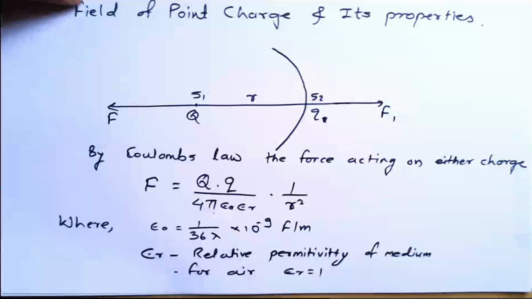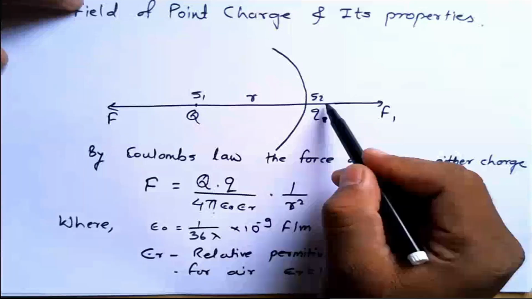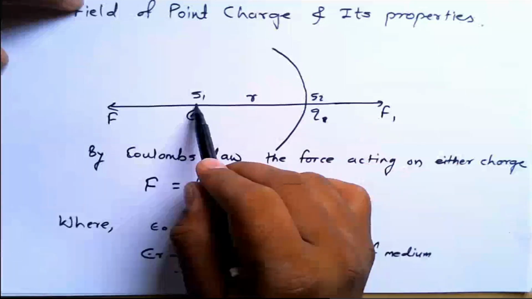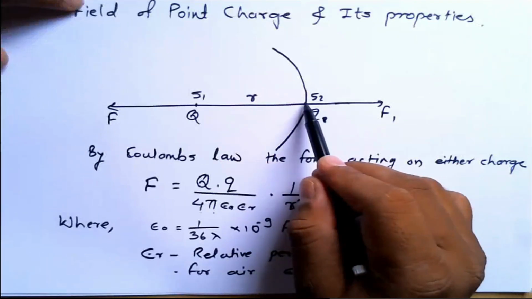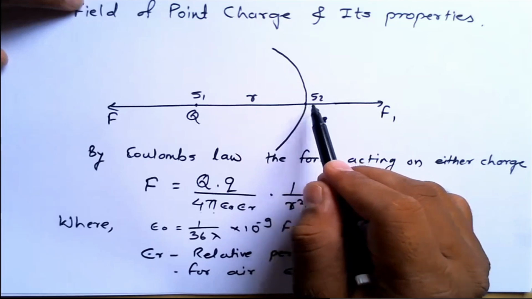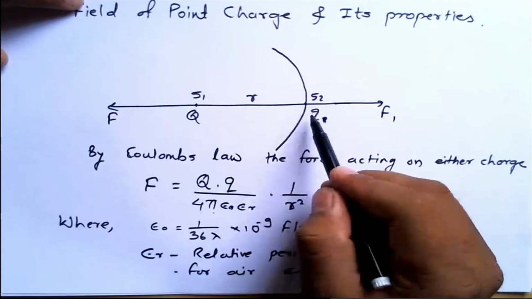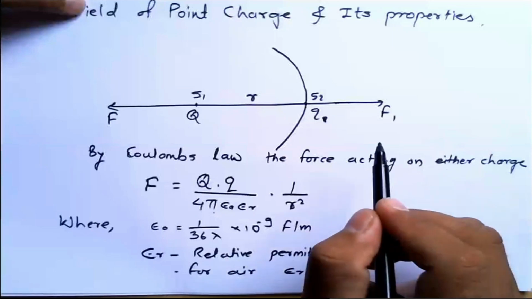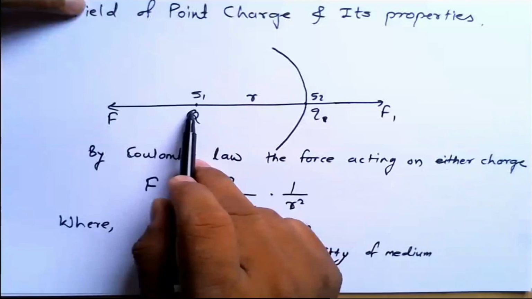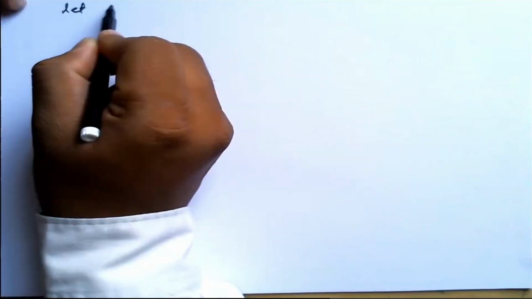But if we have to define the electric field at this particular point, now this force, up to what particular field will it act? What it means is, as we increase the distance, the field will decrease. So if we consider this point, and this small q which is a unit positive charge is very small, that is q tends to 0, the electric field produced at q will be given by,